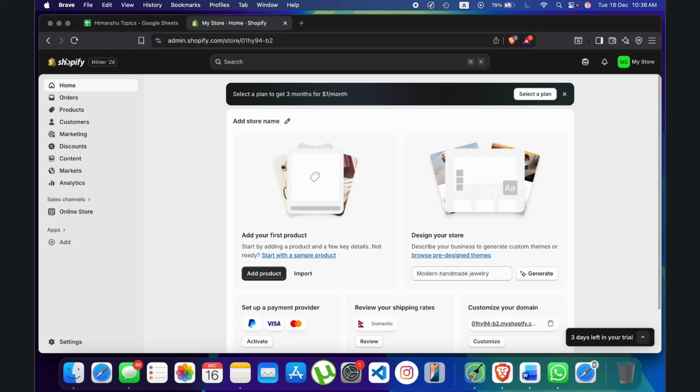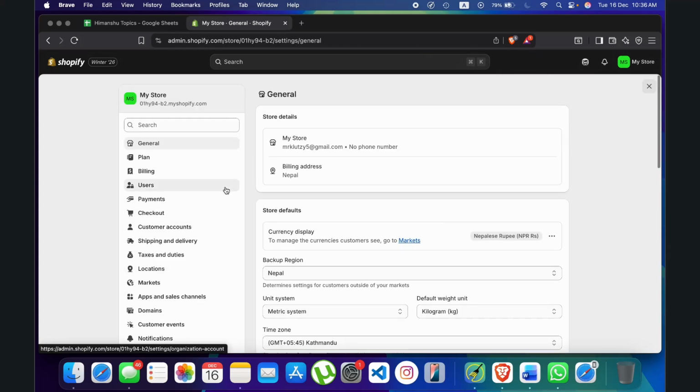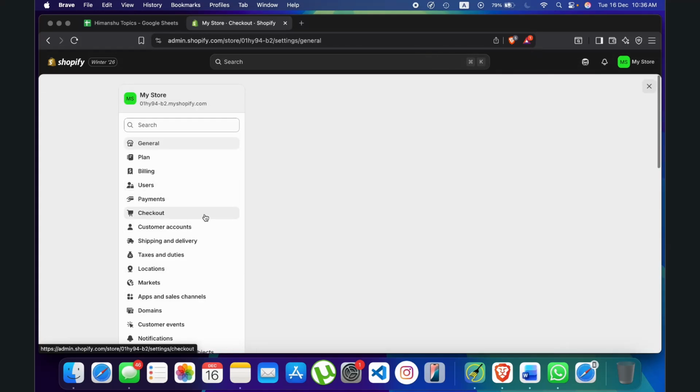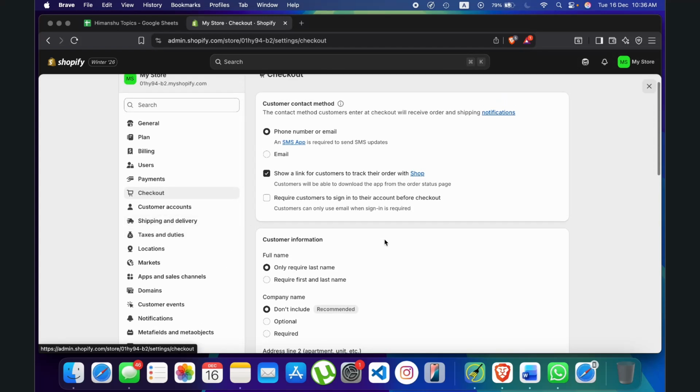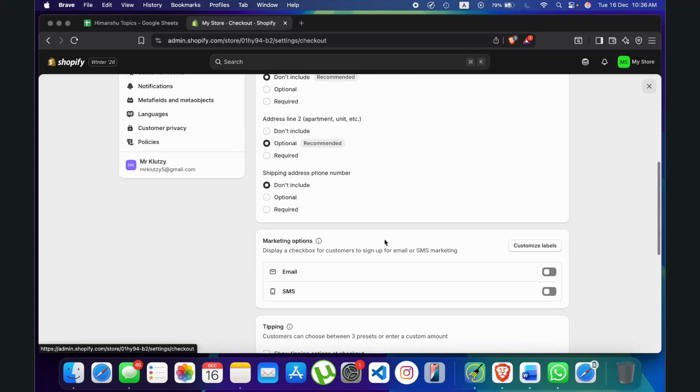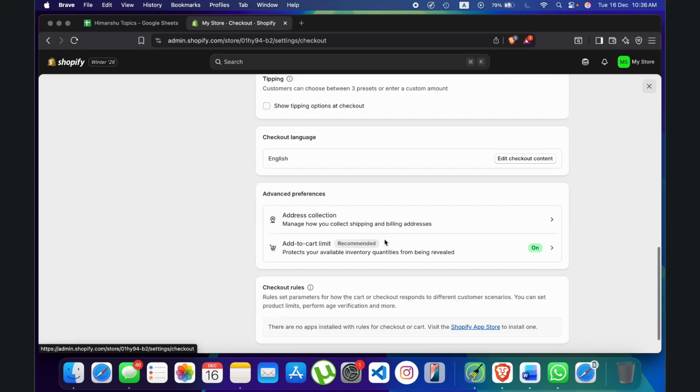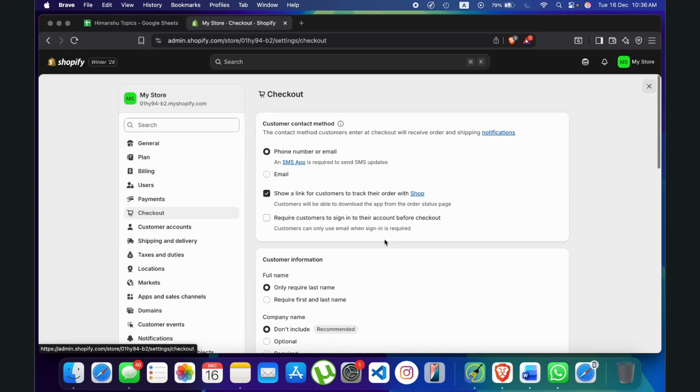First things first, open any browser that you prefer using and then log into your Shopify admin. Once you've done that, what you need to do is head into your settings right over here. Once you've done that, simply go ahead and head into checkout and accounts right over here. Finally, once you've done that, scroll to customer accounts down over here, and once you've found that, you can